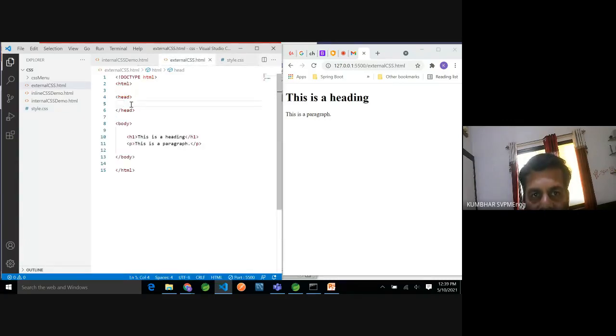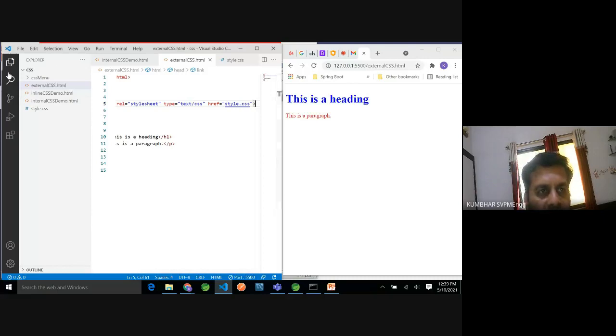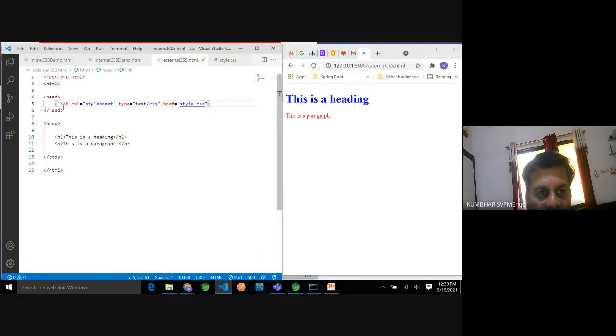So for that, in head, you have to use one line. The tag to bring in the external style sheet is the link tag. Link is the tag by which you can bring in another style sheet.